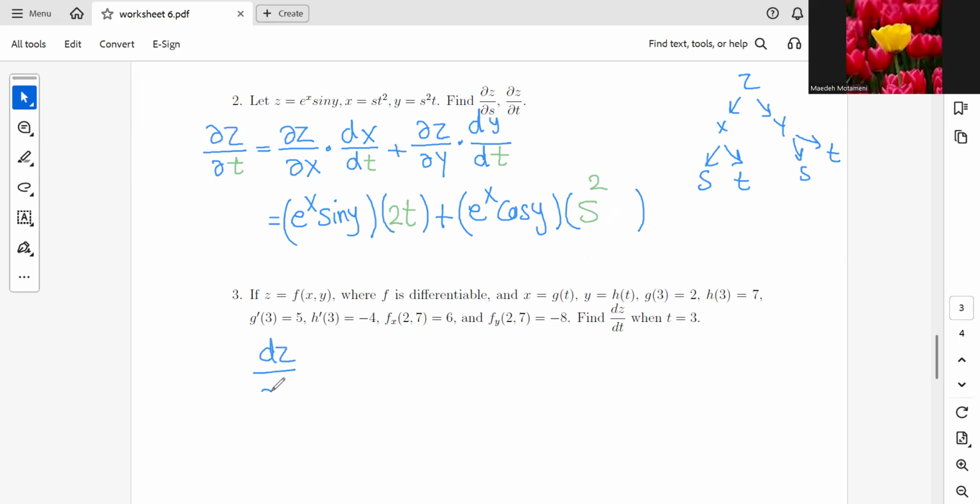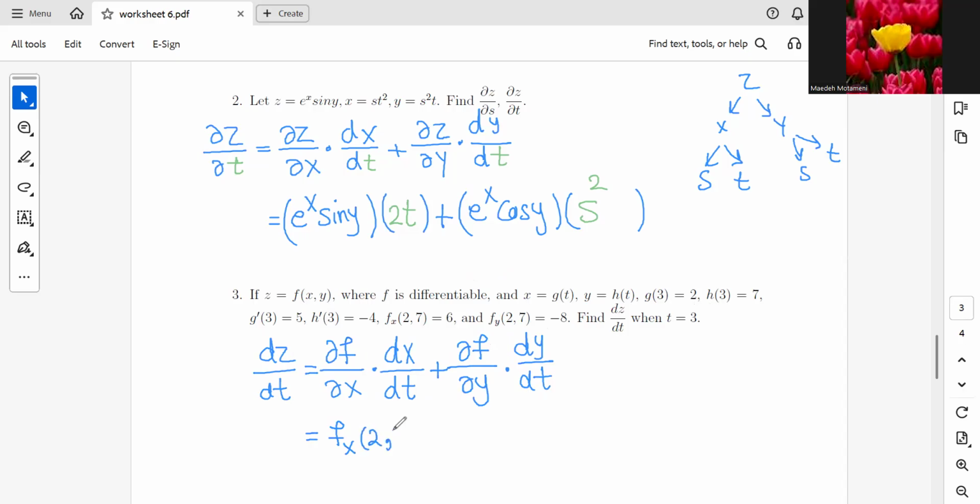So dz dt will be the partial derivative of f with respect to x times the derivative of x with respect to t. Because f is a function of x and y, each of them is a function of t. So plus the partial derivative of f with respect to y times dy dt. We're going to find this at the given points. So the first part will be the partial derivative at the point 2 and 7 times